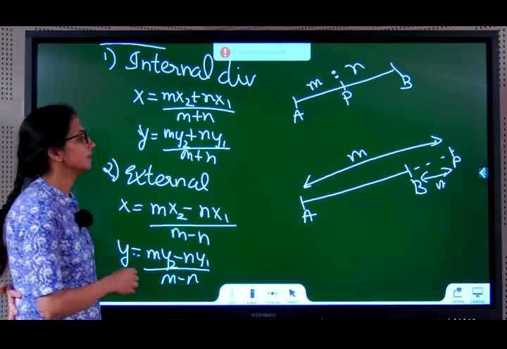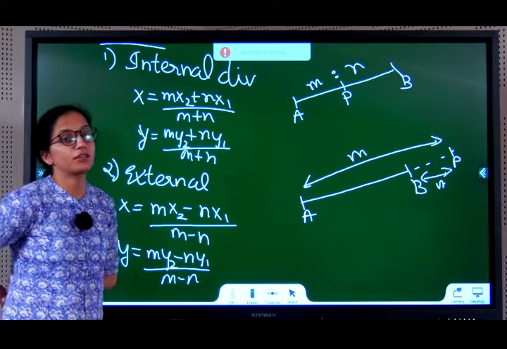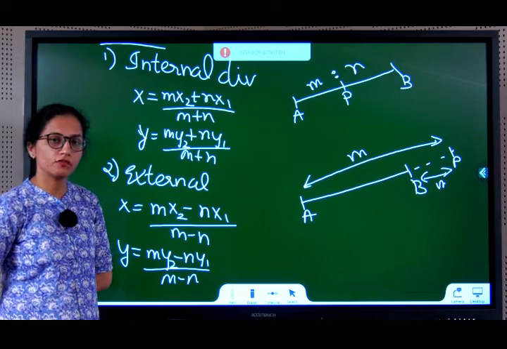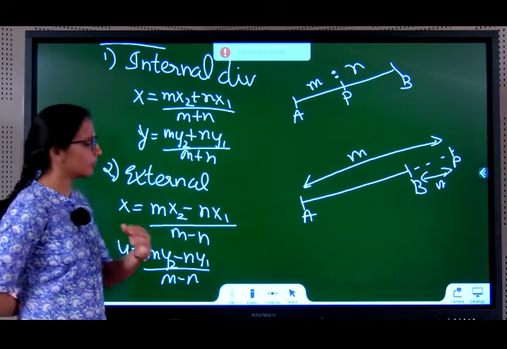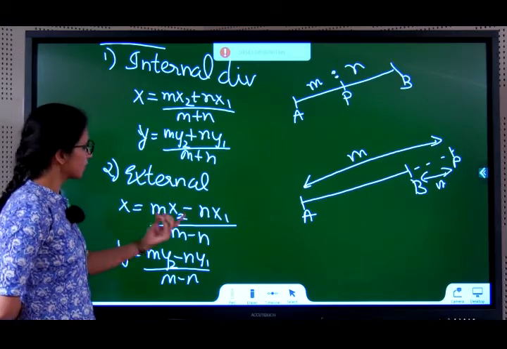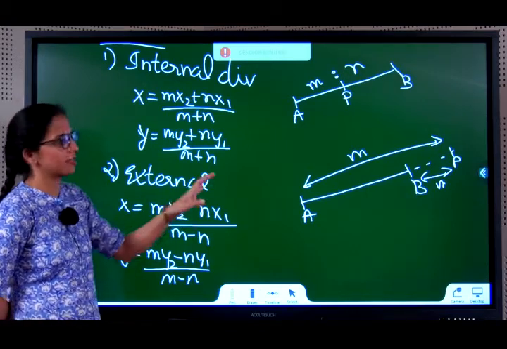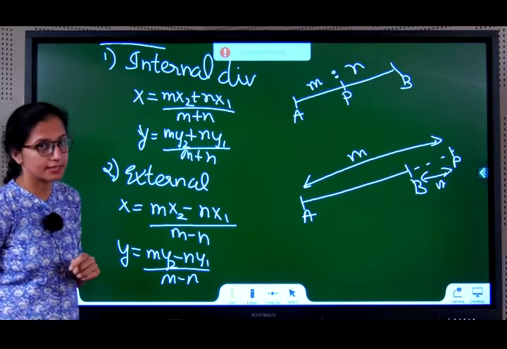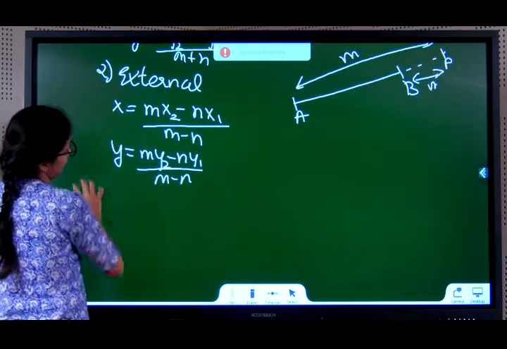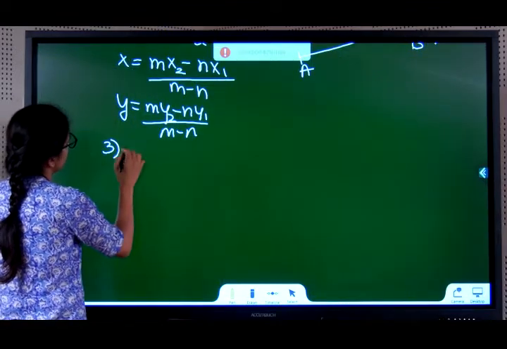Since this is external division, you don't have any questions from external division in your textbook, we won't be doing the derivation for this, but it may come in few other exams that you take, competitive outside academic Olympiad exams. So I've just given it over here. This is the external division formula and what external division means. Now, the next note that you need to understand is midpoint formula.